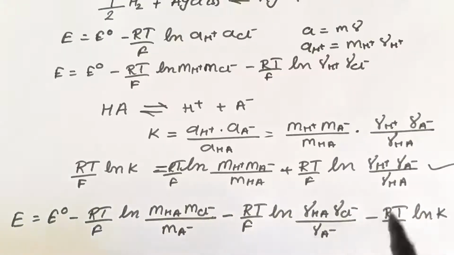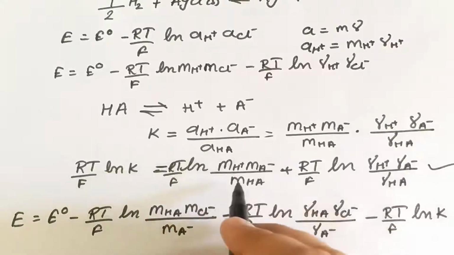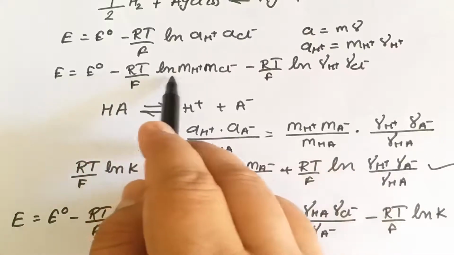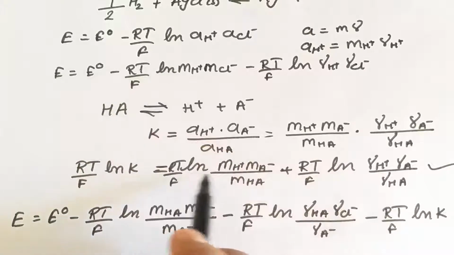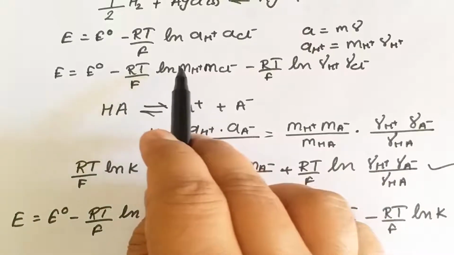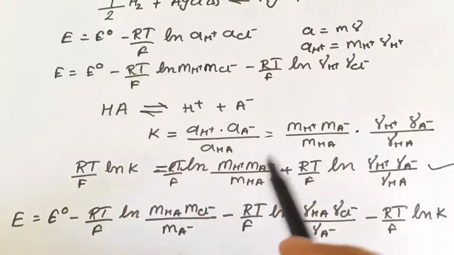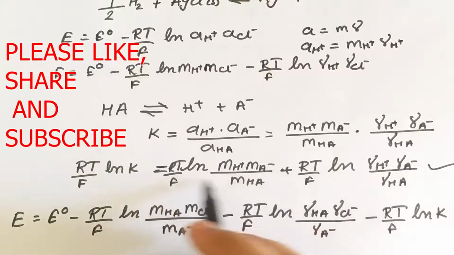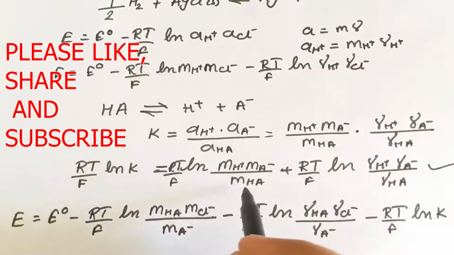So this will be the representation, because when we add this particular term over here, we are having minus ln H plus and plus ln H plus. So both these terms will be cancelled out. Okay, and again this will be minus, so minus we are taking common, so it will be plus, so it will come in numerator, and m of HA minus will come in the denominator.